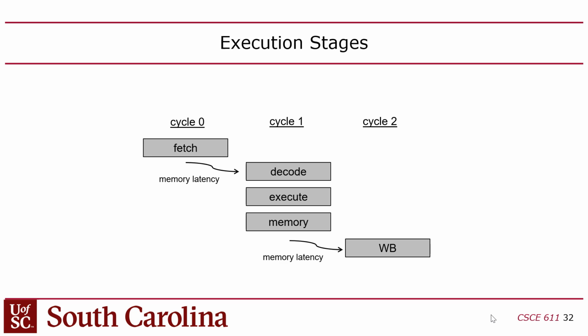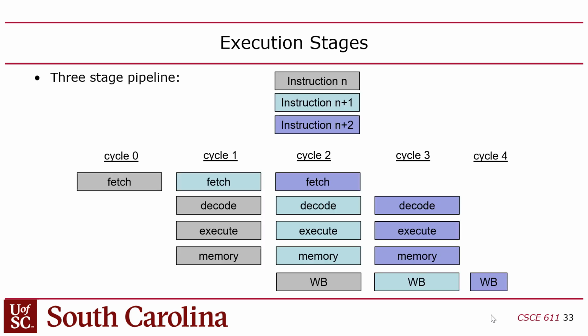So 1 cycle to fetch, then another cycle to number crunch it: branch resolution, ALU, whatever you want to do there. And then the 3rd cycle is write back. We're going to allocate a whole cycle for write back. Okay, but then the problem with this is